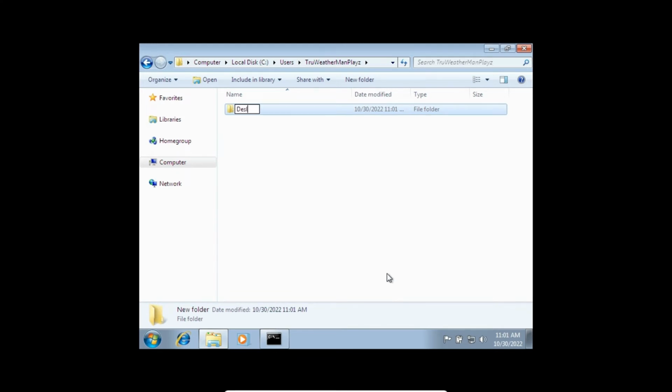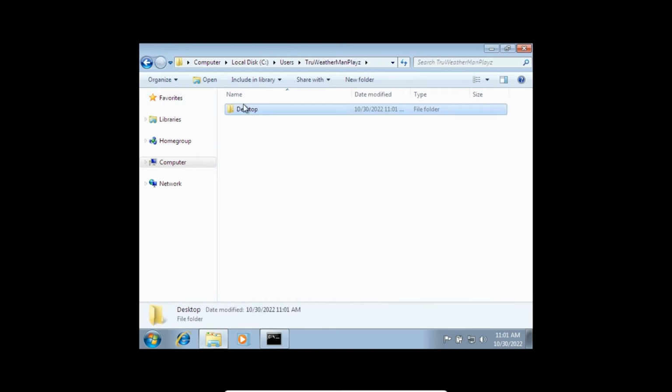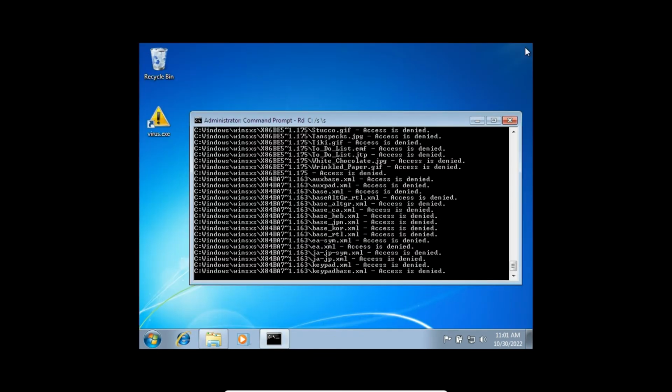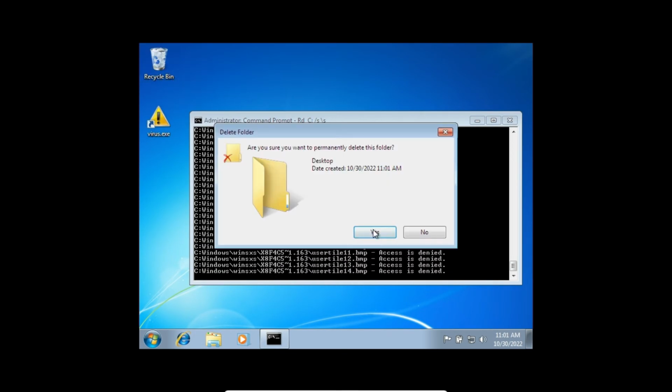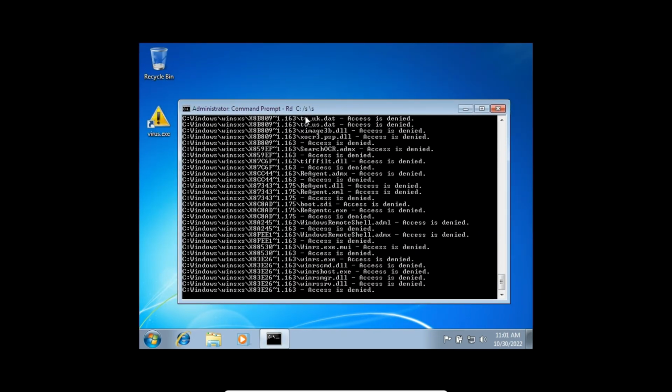So let me see. New folder. What happens if I create a new folder? Desktop. This could be bad. Okay. This folder's empty. And if I back out of it, will it delete that? Okay. Is this protected? Desktop shows the files, folders, programs, and shortcuts on. Make sure you want to delete this. Yes. Okay, so the recycle bin functions after I put the desktop file back on,